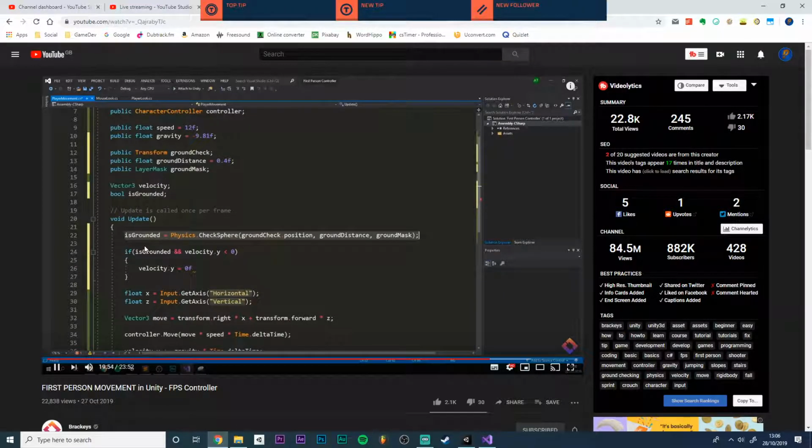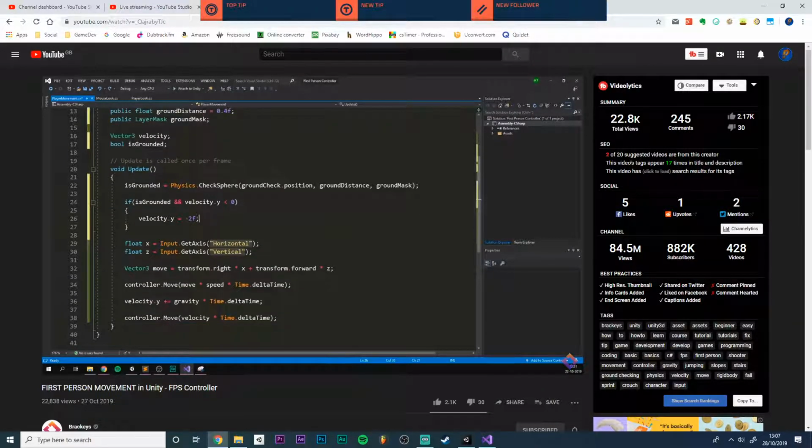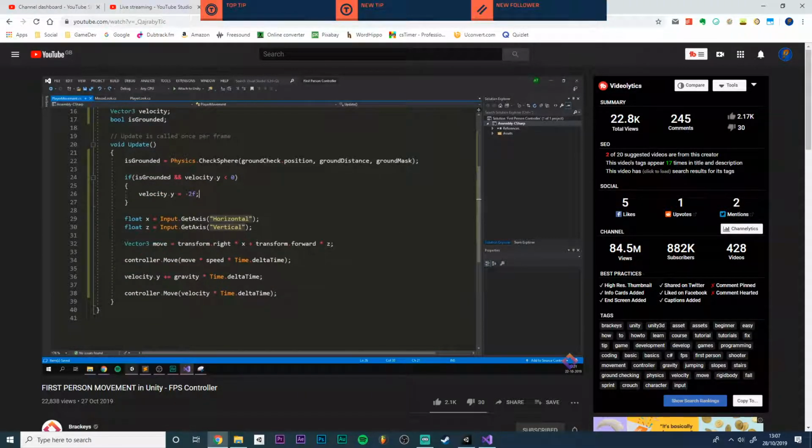However, since this might register before we are totally, completely on the ground, I found that setting this to something like -2, a fairly small number but still there, just to force our player down on the ground actually works a bit better. So there we go. We are now resetting our velocity accordingly, and we can now save this, go into Unity,